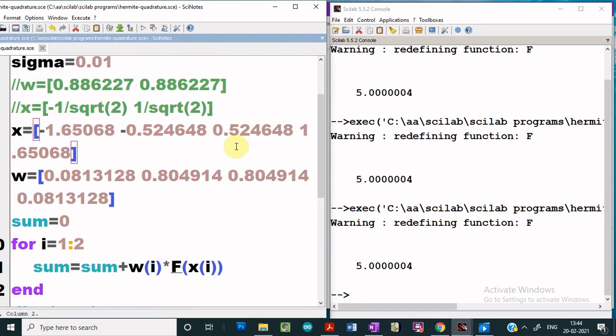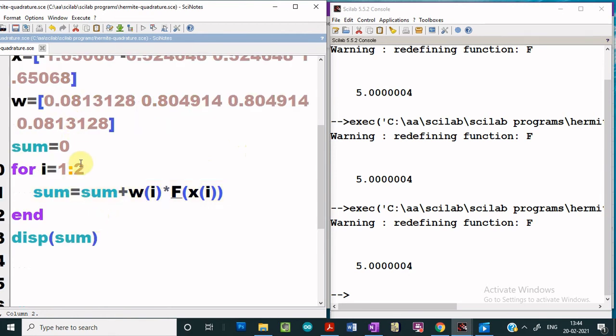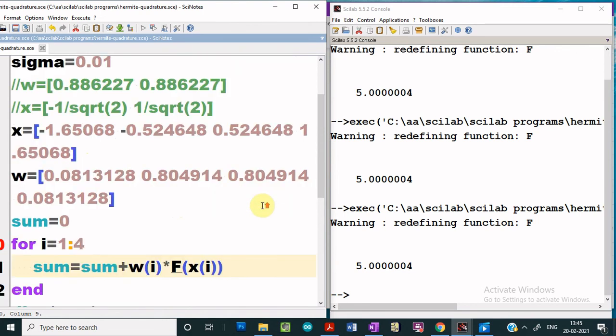Now let us see how we can use the 4-point formula. In the 4-point formula, we have to take n as 4, and then we have to take 4 weights and 4 abscissa. Here these are the values, again taken from the internet. If we make use of these values, in the for loop I have to make a small change. Earlier we were using only 2 values, so we took n as 2, and since we are now using 4 values, we have to change this to 4. The rest of the things remain the same. Now let us execute it for the 4-point and see if there is any change in the result.